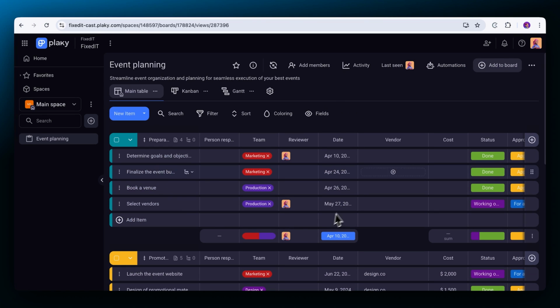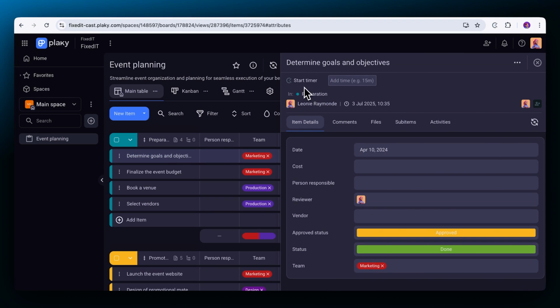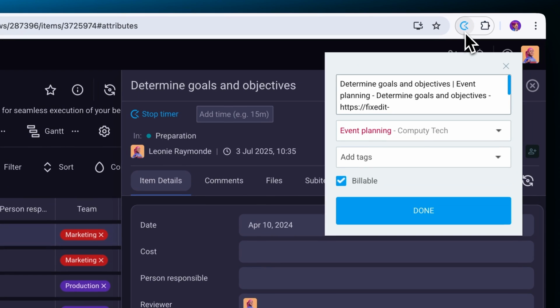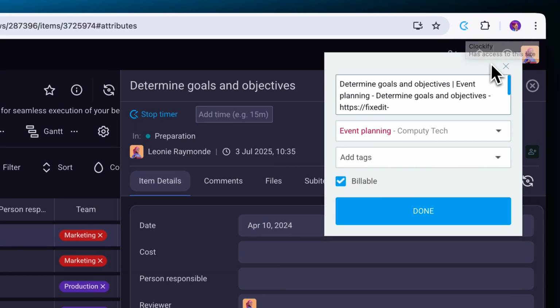Let's take Plakey as an example, a popular app for managing projects. When you open a Plakey card, you'll notice Clockify's timer button. By clicking on it, the extension icon will turn blue, which means the timer's running. The extension will automatically pick up your task, description, and project, and you'll see a pop-up for entering more details